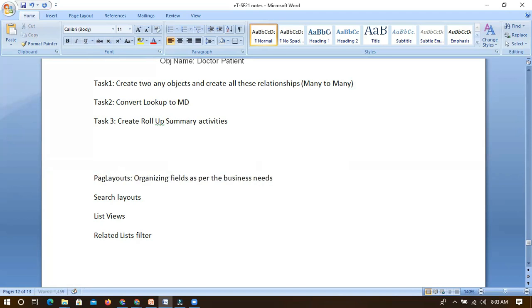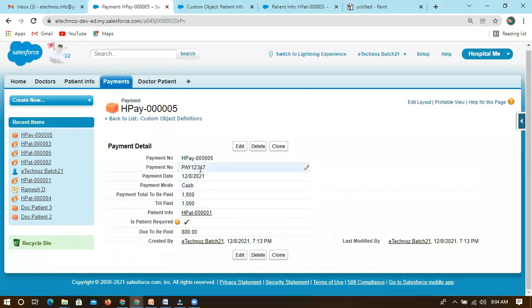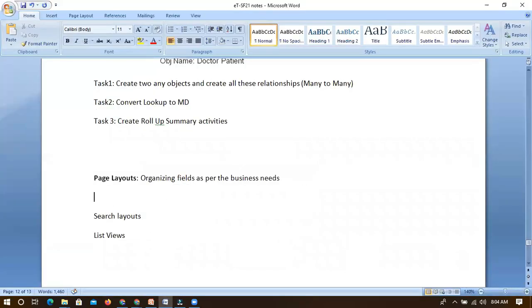These are all the layouts. We call them page layouts, and somewhere someone will just call them layouts only. Anyways, both are the same. So with this page layout, we can organize those fields. We can modify their position and everything. If I want to put something somewhere, they can ask for something like this. And this payment number is not mandatory, right? Now I want to make payment mode mandatory. In this case, let me just write it down so that it will be clear.